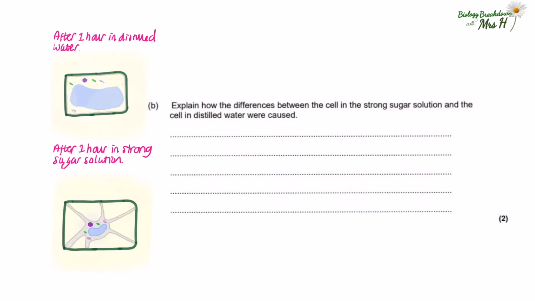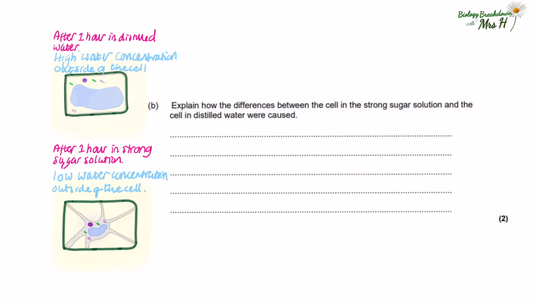Explain how the differences between the cell in the strong sugar solution and the cell in distilled water were caused. Then look at the cells. This cell is placed in distilled water, so there is a high water concentration outside of the cell. And this cell is in a strong sugar solution, and this means there is a lower water concentration outside of the cell. So remember your osmosis definition and then apply it to this question and make it clear which cell